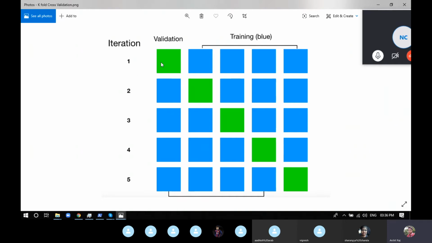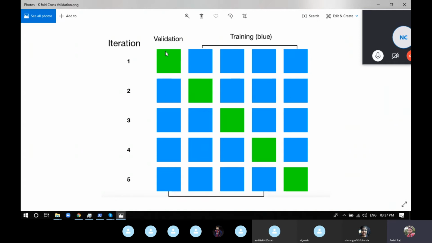Now in the second iteration, the fold which we kept outside, we bring it in for the training, and we leave any other fold outside the training data. So now we left the second fold outside and trained our model on the 4 remaining ones.